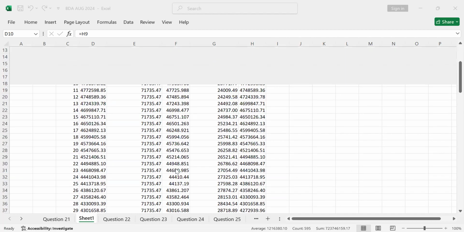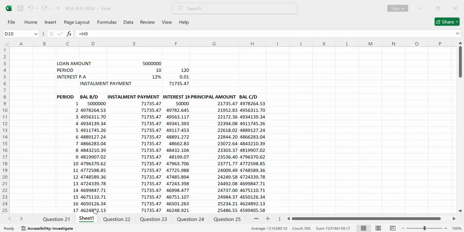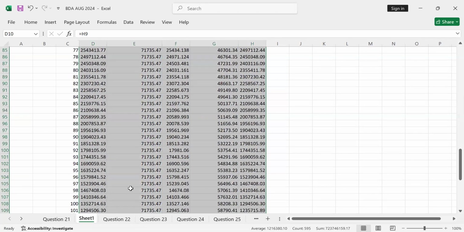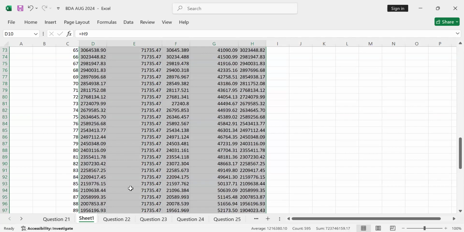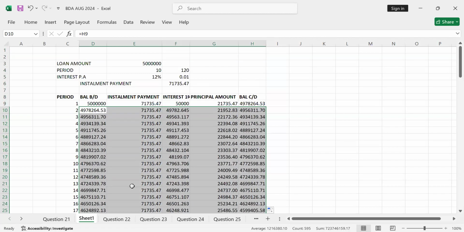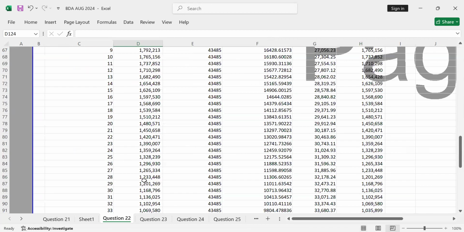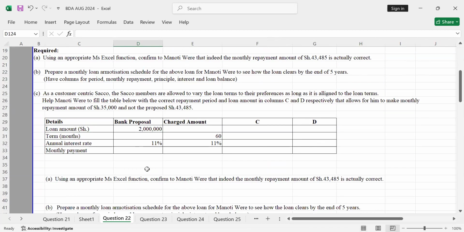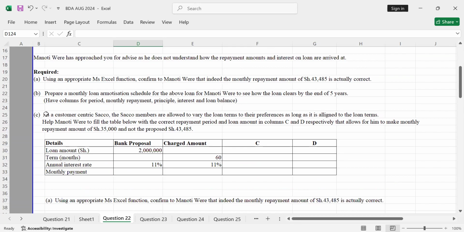All right. I can take on question number 2. The required number 2 of this particular question. Now required number 2 here. Number C, you are given that a customer-centric circle,